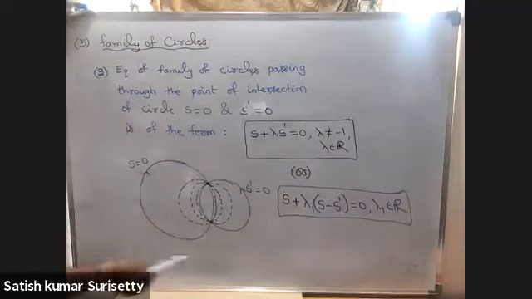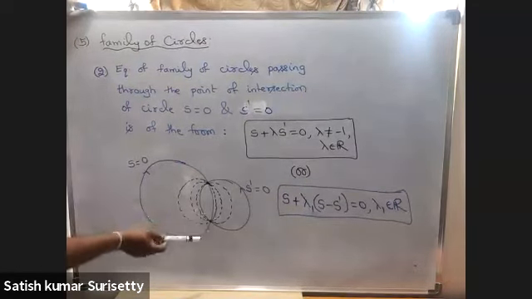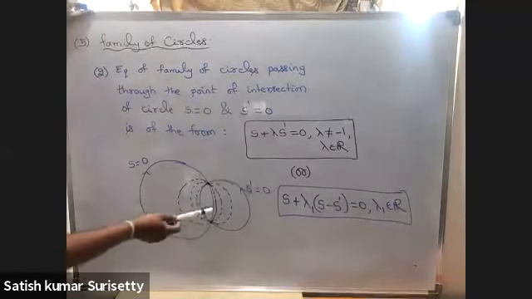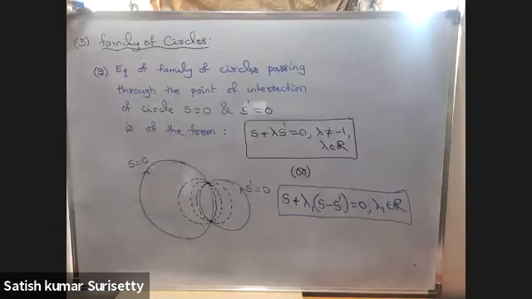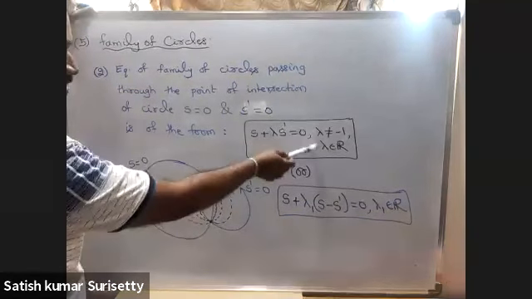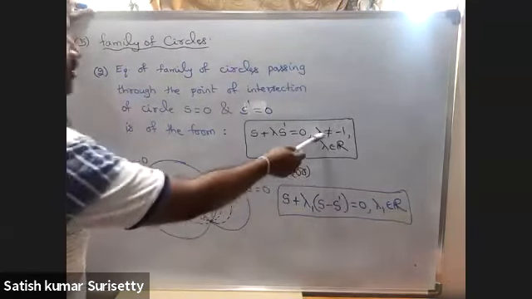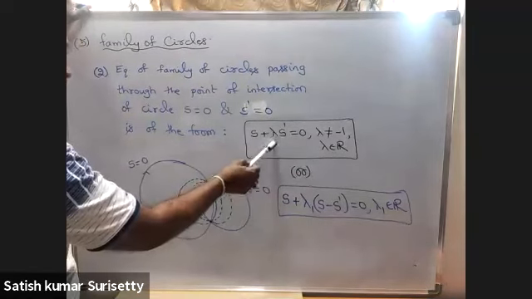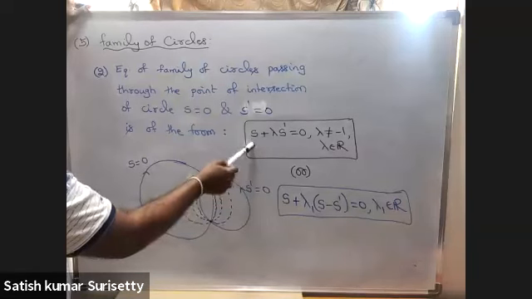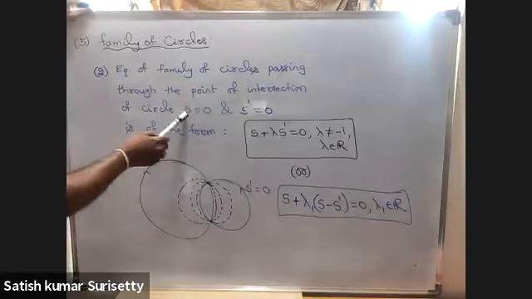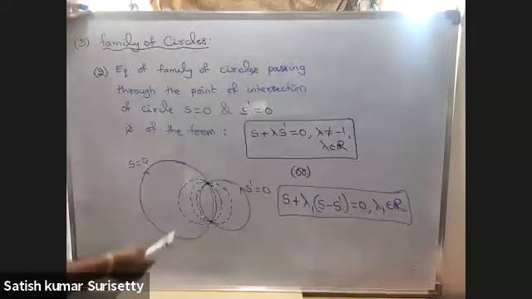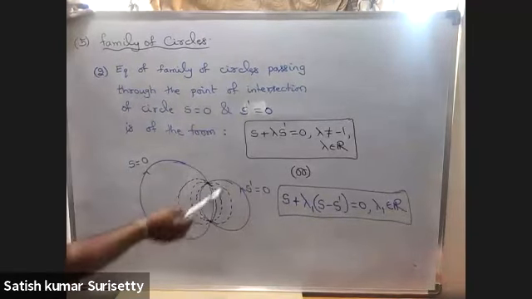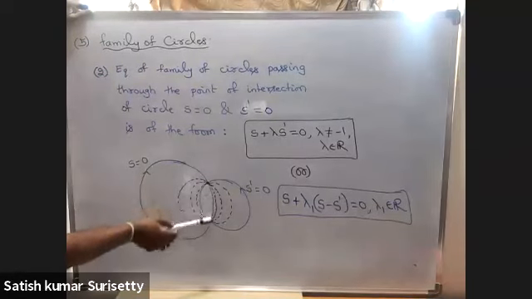Now, if you observe the figure, these are the two circles intersecting. So again, passing through these 2 points, you can have infinite circles. All those circles are a family of circles. So one form is S plus lambda S dash equal to 0, where lambda not equal to -1. Suppose even if lambda equal to 0, still you will have a circle. That circle itself is a given circle, because that is one of the family of circles itself, because this circle is also passing through these 2 points.